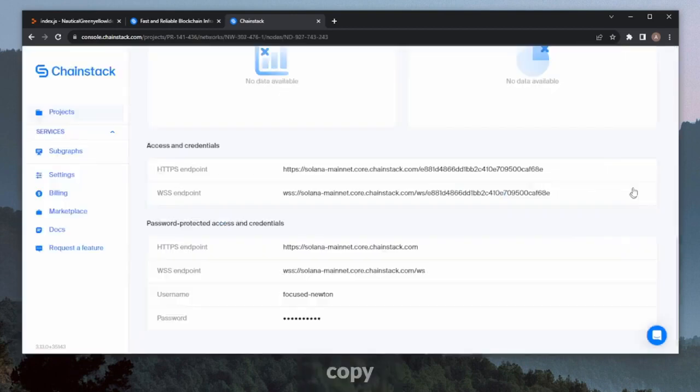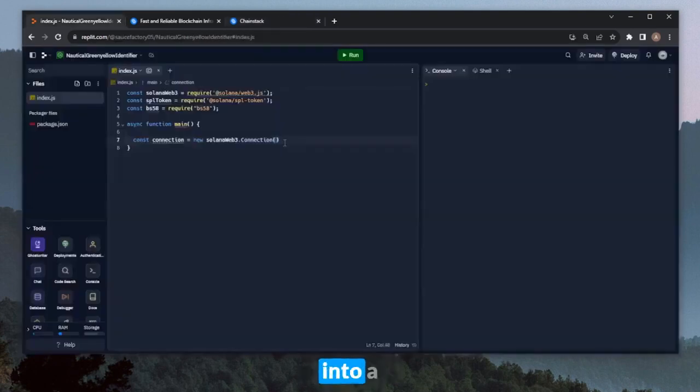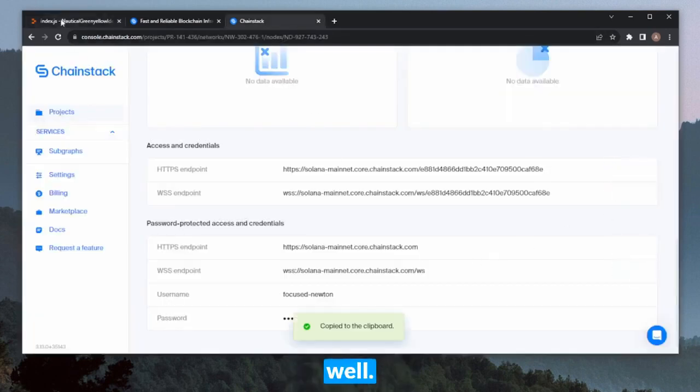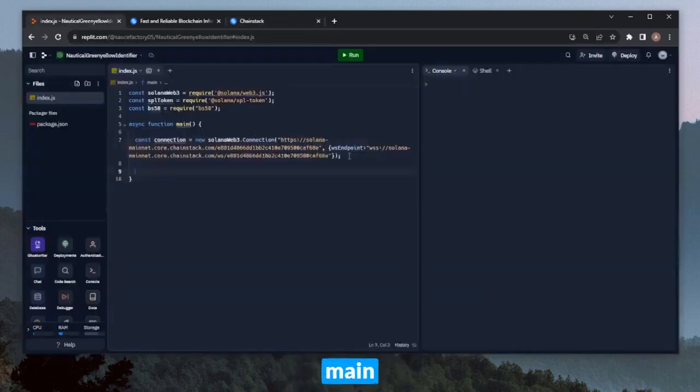Now we can head into here and copy our HTTPS endpoint. We'll throw that into a string here, and then we'll also throw in our WebSocket endpoint by defining WS endpoint, and then in here, pasting in the WebSocket endpoint as well. We can go ahead and move on to defining our main account. We can call this wallet key pair and set it equal to Solana